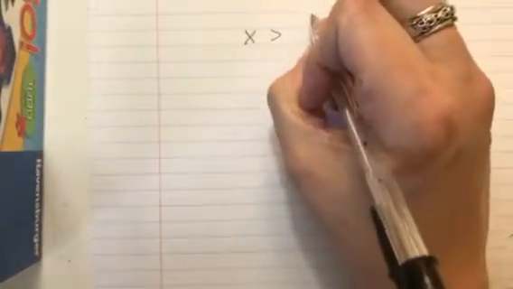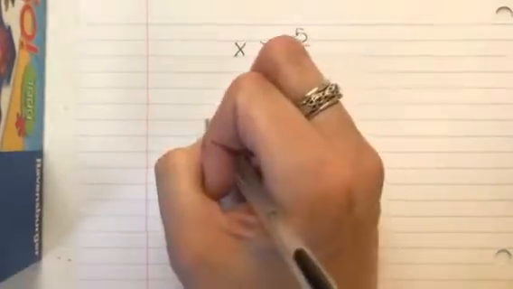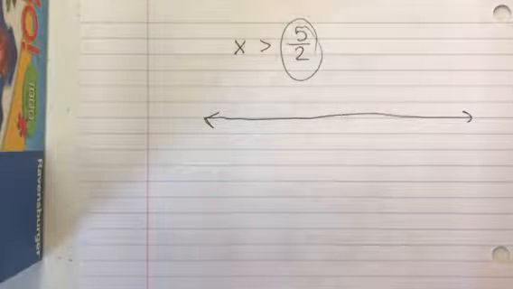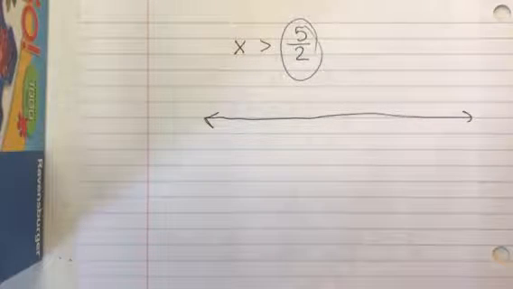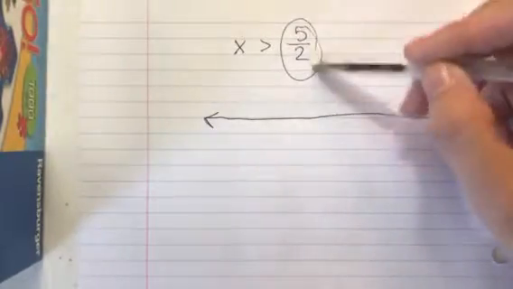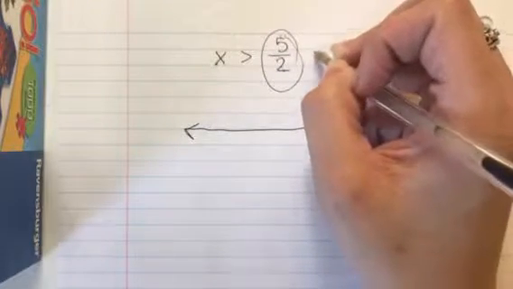Now, when we're graphing, sometimes our numbers can get a little bit weird, which means we might also have things like graphing x is greater than 5 over 2. Okay, so if we want to graph this, we need to know a little bit more about getting things on the number line. Oftentimes when students have an improper fraction, they would prefer for this to be graphed as a mixed number or as a decimal. So you can either by hand or with your calculator divide this out and realize that 5 over 2 is really the same thing as